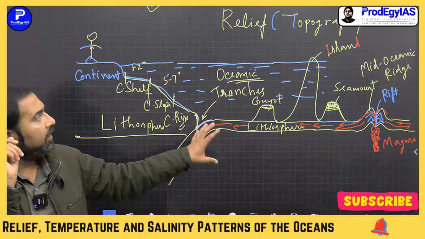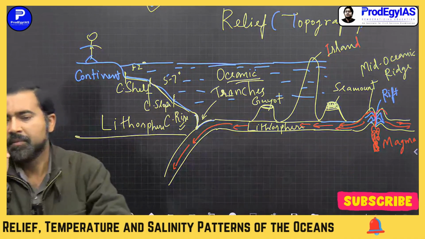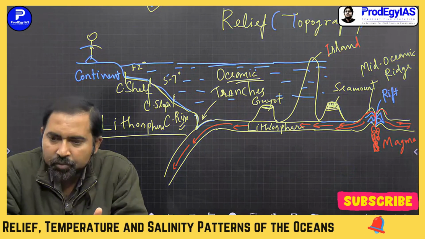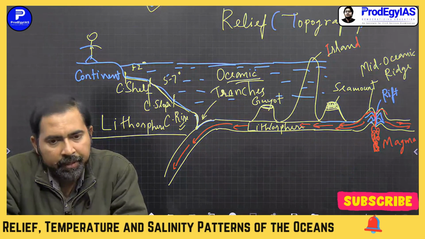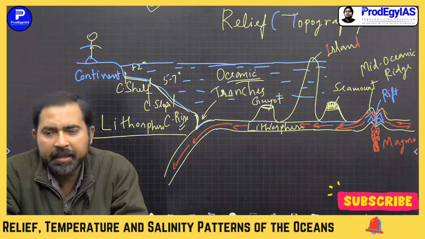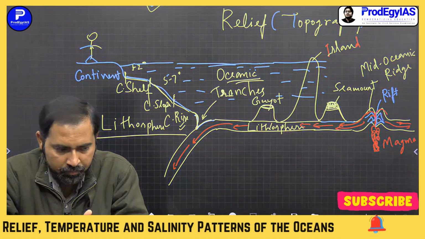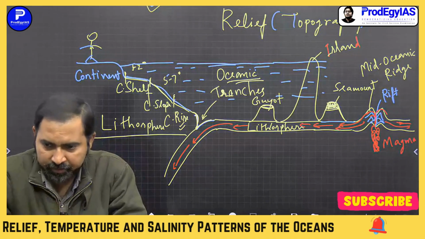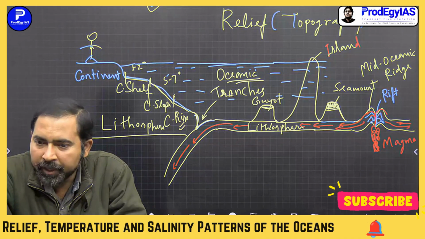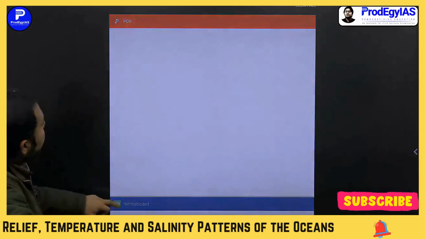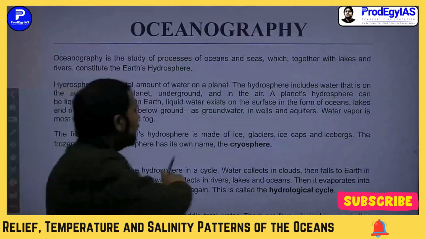So we will study such type of relief features in all the oceans, like the Indian Ocean, Pacific Ocean, and Atlantic Ocean especially. Because questions may be asked in a factual manner, like this particular plateau, like Albatross Plateau, where is it located? Okay, so through a slide, we will see here